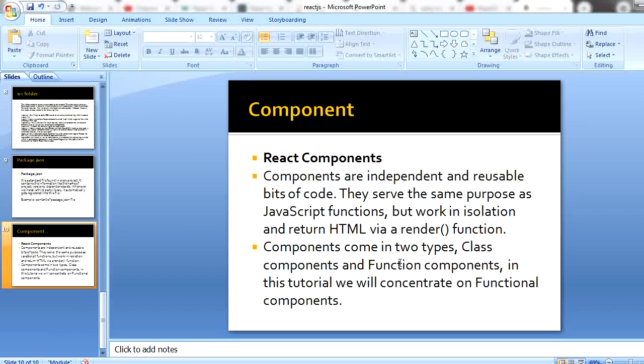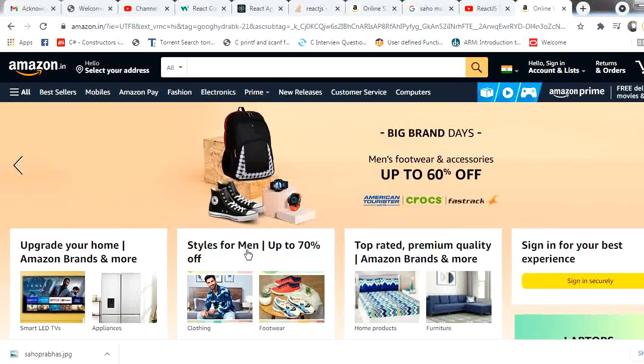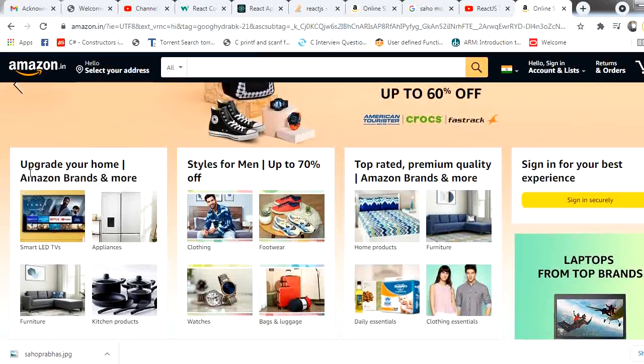Before going to the practical explanation of the functional component, we should know the general way in real time how modules are developed as components. I will show through Amazon or Flipkart, sites we use daily. Here, see this entire module, it is called a component in our React applications.